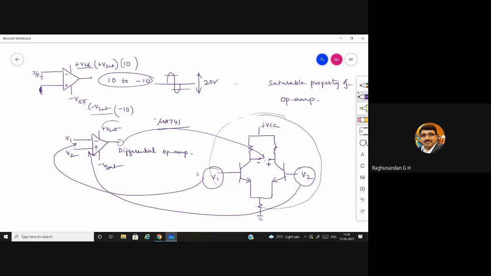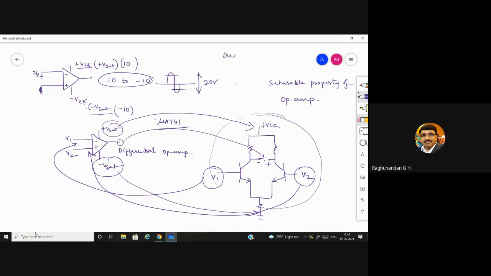Okay, and this plus VCC is this one and minus VE is this one. Okay, this is how the internal structure of the op amp will be. Coming to the different types of differential op amps. So I was telling dual input, balanced output, single input, balanced output, all those four varieties.